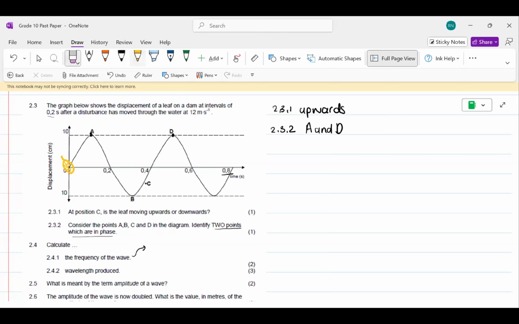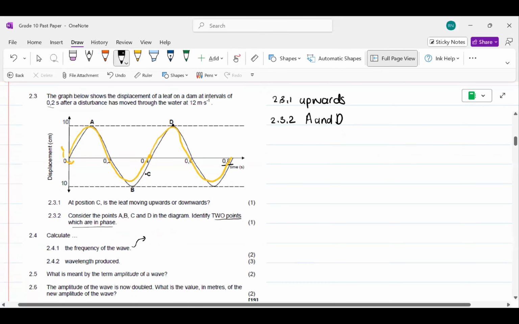We have one wave, then we have 2 waves, right? And so we can say that to find our frequency, 2.4.1,